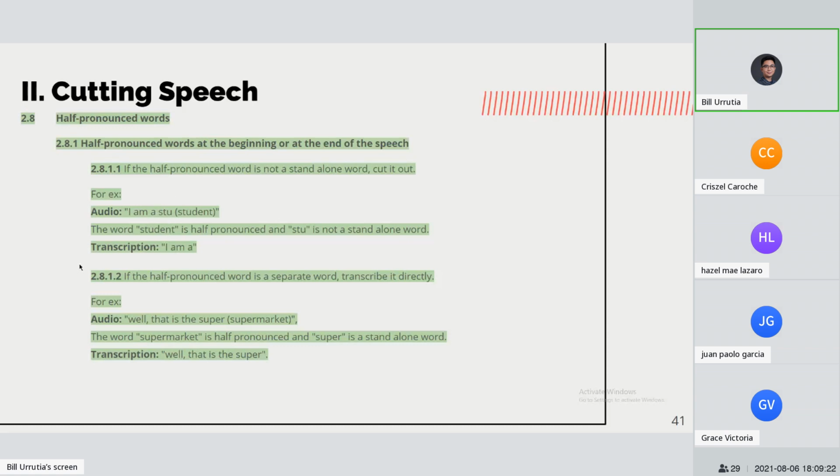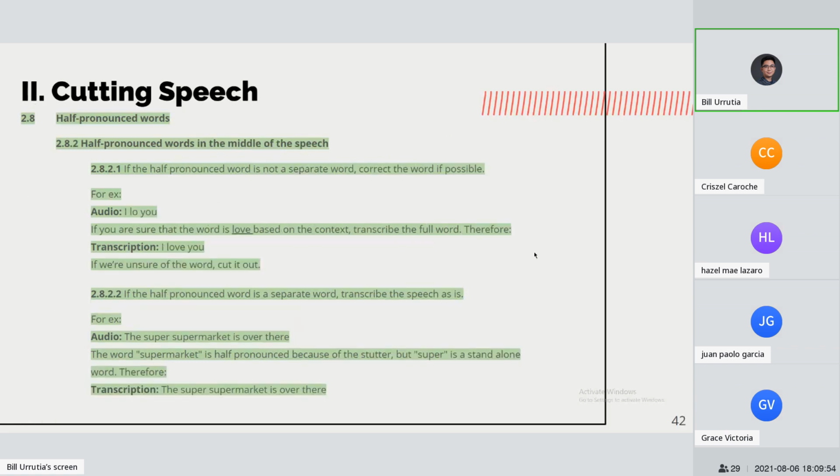STU. What if the half pronounced word is a separate word? Transcribe it directly. So for example, well, that is a super. So super is actually a standalone word. Kahit supermarket dapat sasabihin niya, super is an actual word, right? So the word supermarket is half pronounced and super is a standalone word. Therefore, the transcription should be, well, that is the super. Okay? So gets naman yung logic na to eh. Once you get the logic, you'll be able to use this efficiently. Madali lang siya, actually. Half pronounced words in the middle of the speech kasi yun, half pronounced words at the